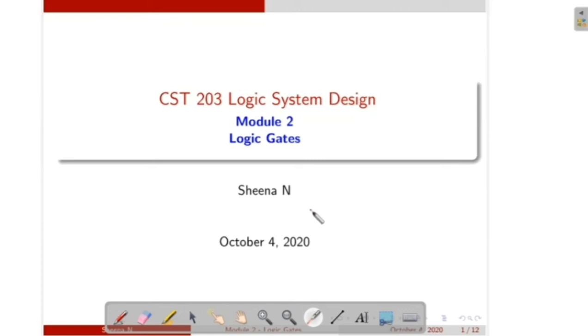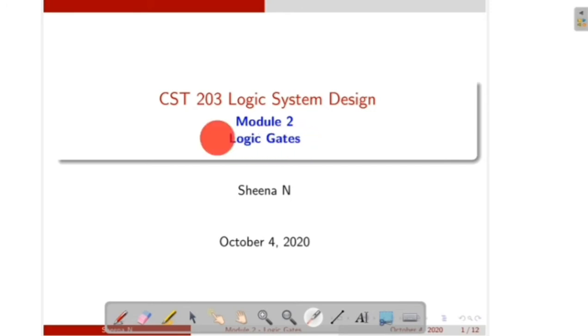Hello students, nowadays we use many types of digital devices or digital systems like mobile phones, laptops, desktops, digital cameras, etc. These are all digital devices in the sense that they can store, process and communicate information in the form of digital signals or discrete signals. A discrete or digital signal means the data are in the form of only two values, zeros and ones. So in this video I will discuss logic gates.